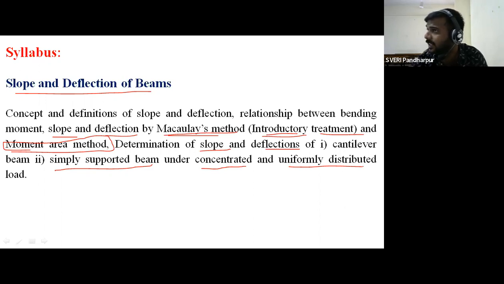So which are the 4 standard cases? Can anybody tell me which are the 4 standard cases? So first one is simply supported beam with midpoint load, correct? Then simply supported beam with UDL on entire span. Then cantilever with load at